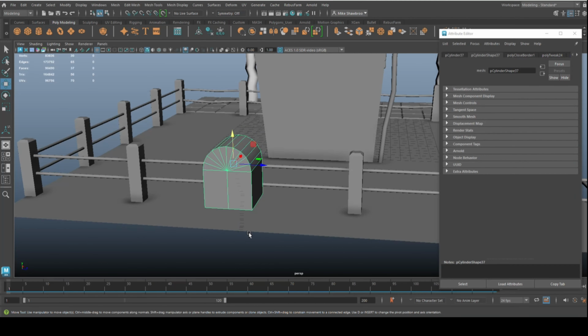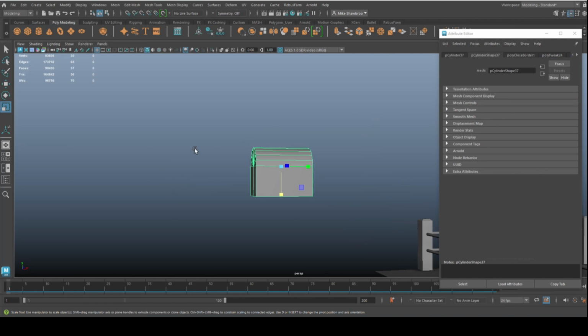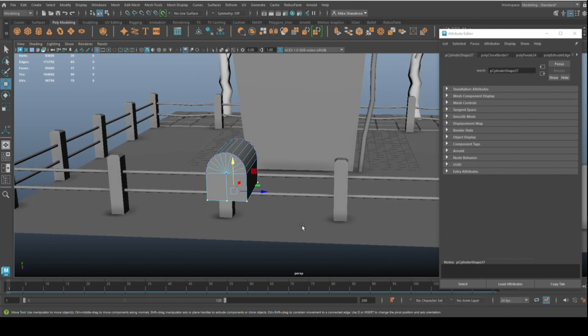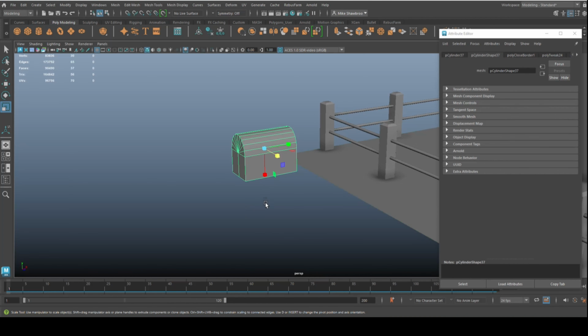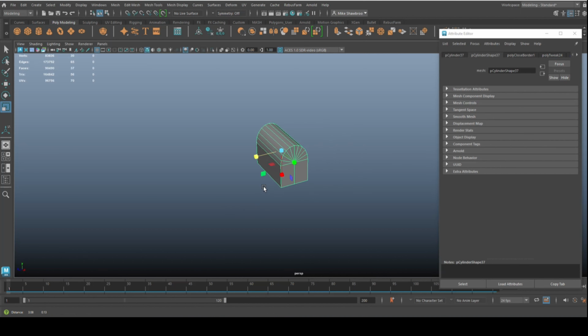We're going to get in here, hit R, and scale it in a little bit. I'm going to make it a bit longer, and we're going to change the height a little. Let's go in here, vertex. Okay, so we got this thing, and what we're going to do is take the front here